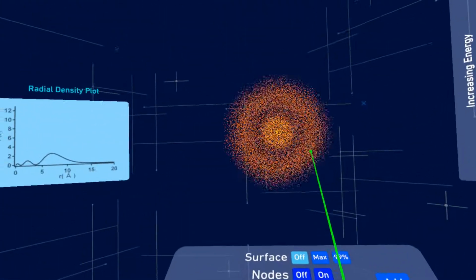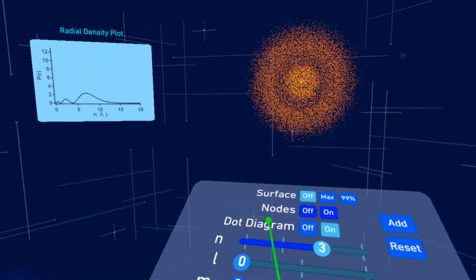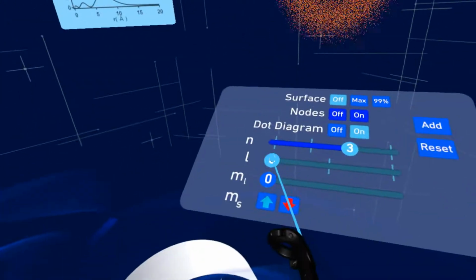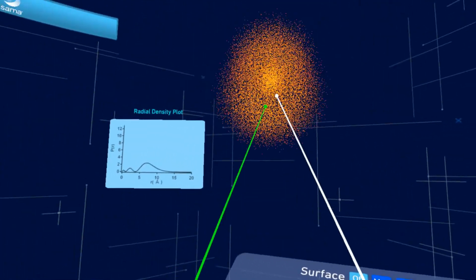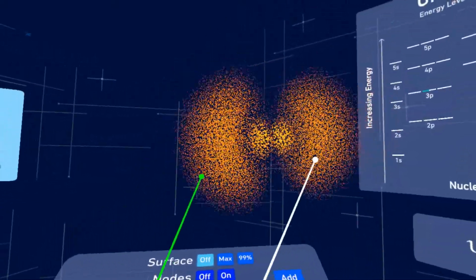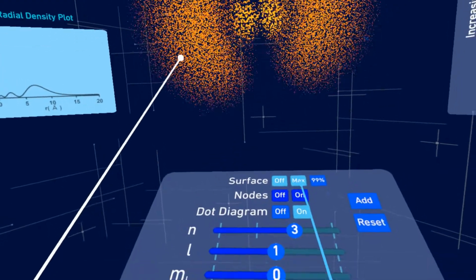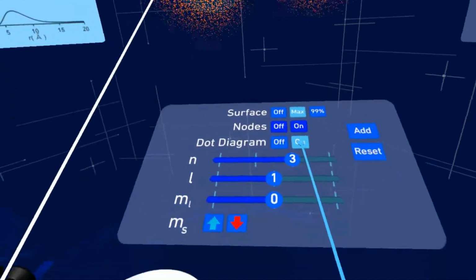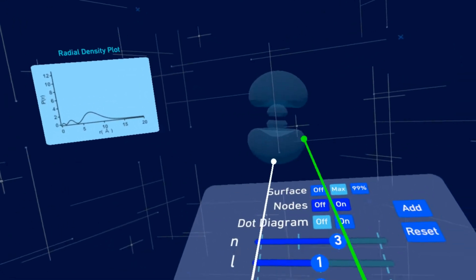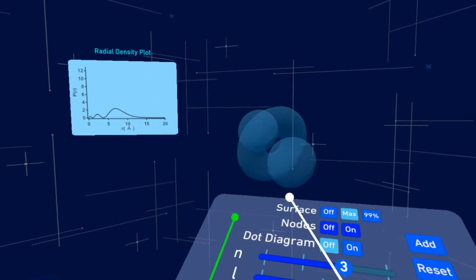So the angular momentum is quantized in a quantum mechanical system, and that leads, when you have an angular momentum of 0, you get a sphere, or an angular momentum of 1, we get an entirely different shape. Let's look at the surface instead of the probability cloud here. You can see that we get this dumbbell-like shape, and as we increase the angular momentum still, the shapes increase